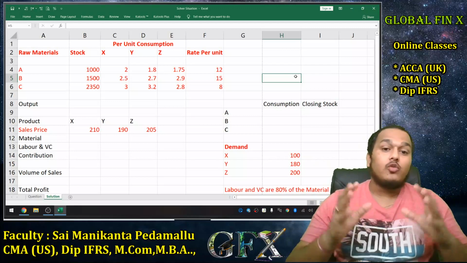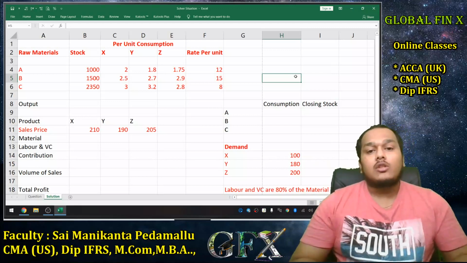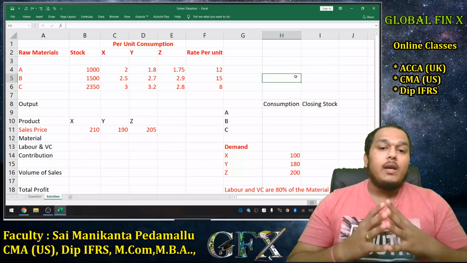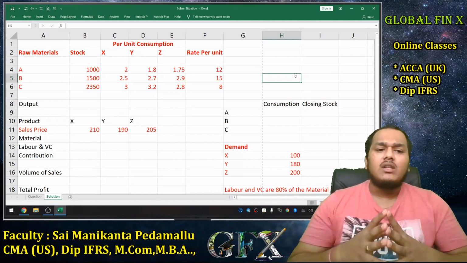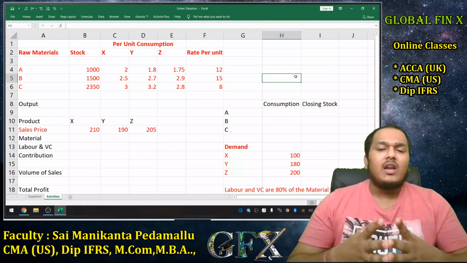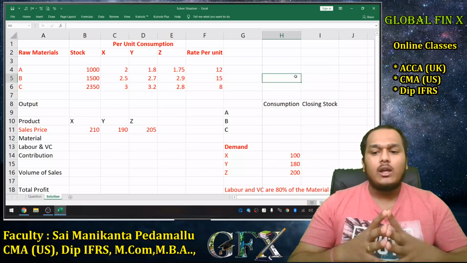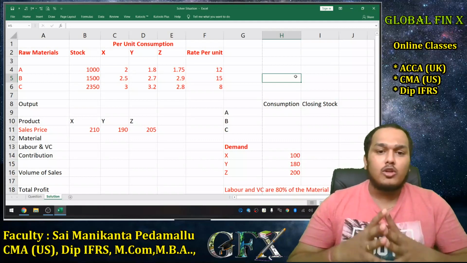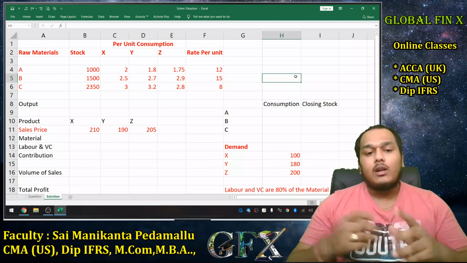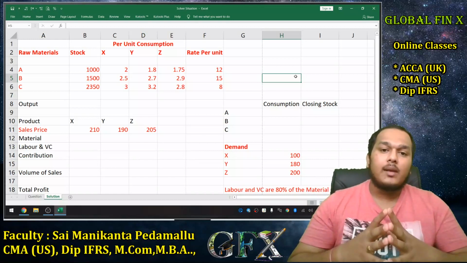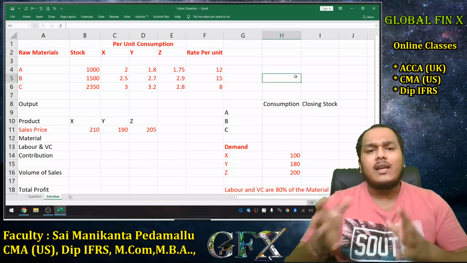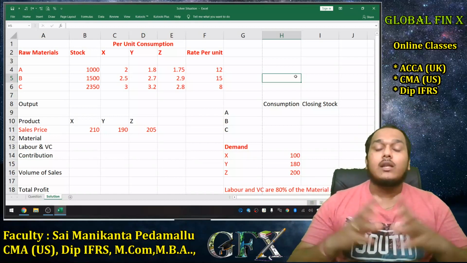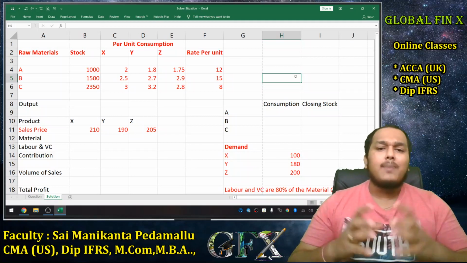On pen and paper, it would take a huge amount of time, maybe hours together, to come to this particular solution. On Excel, if you are efficient in Excel, it will hardly take you 10 to 15 minutes to solve it. For this video, it might take more time, because I need to discuss every reference and every logic that I'm creating. I need to explain it to you guys. But trust me, once you are well versed with this, you should be able to complete scenarios like this within a short span of 10 to 15 minutes.